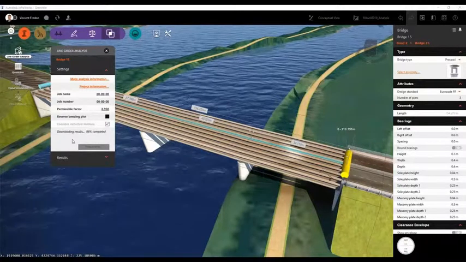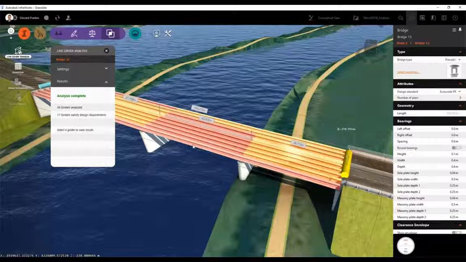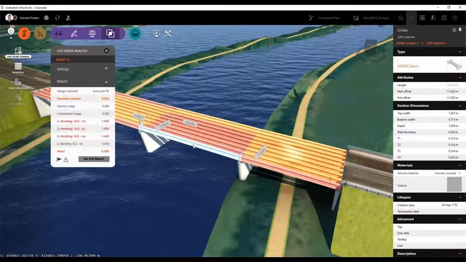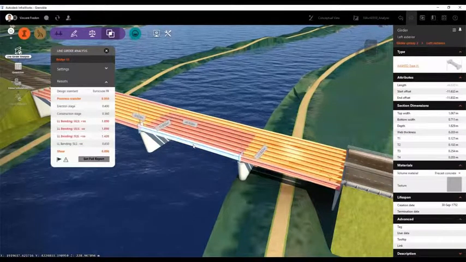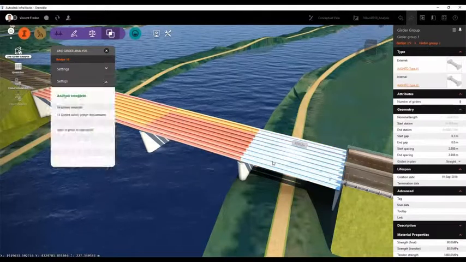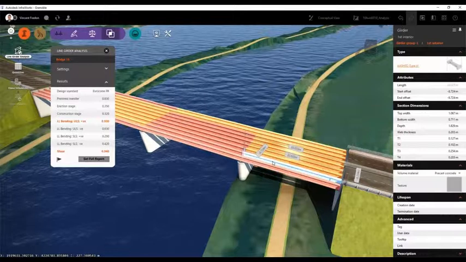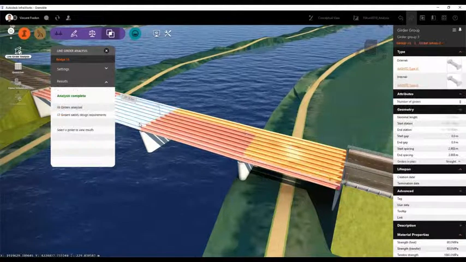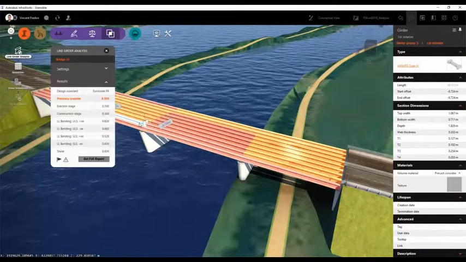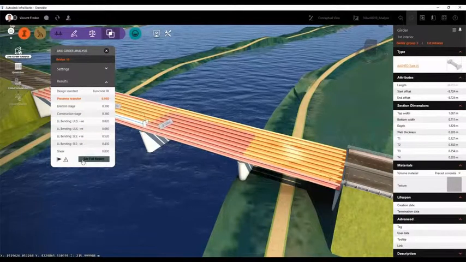Obviously, it's not as fast as here on this presentation, but after several minutes, you will receive the results, and you can get a full report. So basically, then you can have a look. And for this bridge, I believe it was about 130 pages of analysis, how it has been calculated, what has been calculated,